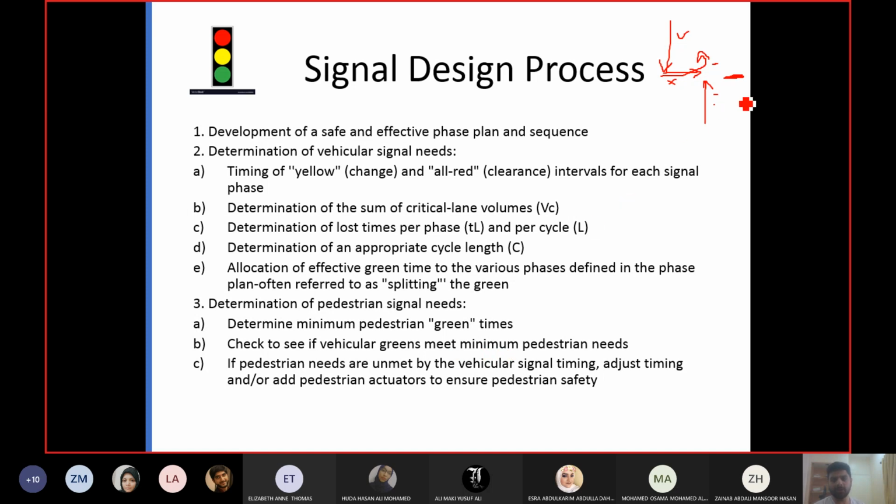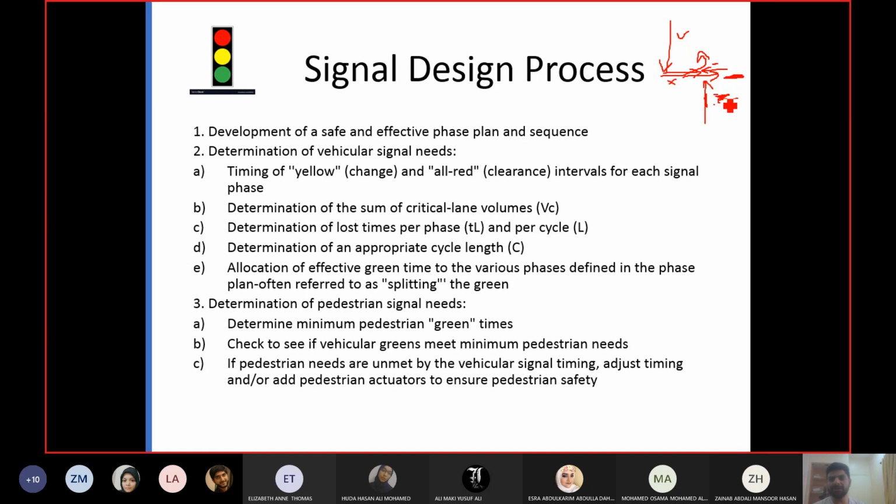For example, if you are talking about a pedestrian crossing in this direction, can I use the green time of this vehicle? No, obviously not, right? This pedestrian cannot cross when this vehicle has green. You will kill him. Okay, so we don't want to kill him. We are talking about the green time which will be parallel to this one. So this pedestrian may cross when this movement is happening, or this movement is happening, because this one will be blocked.